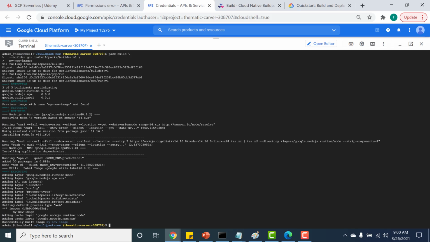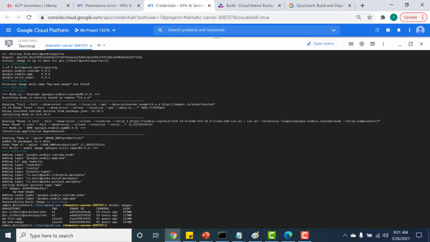Once your image is created, you can run docker images to see whether it has been created. As you can see, my new image has been created. Let's run this image locally before we export it to the container registry.